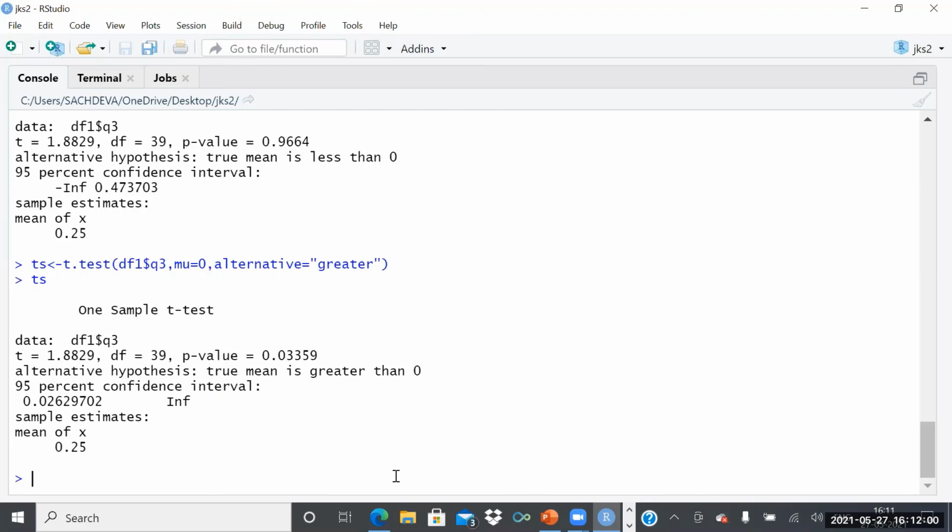But in Likert scale, don't do this less than and greater than. You do only simple mu is equal to 0. In Likert scale questions, we should not do it. But there are some other questions where you have to find out some larger issues, whether it is greater than or less than. There you can use the one tail test.